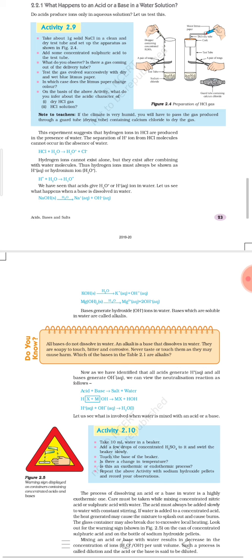As I have told you, for different metals different names are there. For example, iron metal filings or zinc granules. These names are given, which is somewhat telling about the shape of the metals. In the same way, for sodium hydroxide and for potassium hydroxide, we use the term pellets. Now this is about activity 2.10. We have discussed the observation that dilution of acid and base is an example of an exothermic process. So when you have to give certain examples of exothermic processes, certain reactions, you can also give the example of dilution of acid and base.